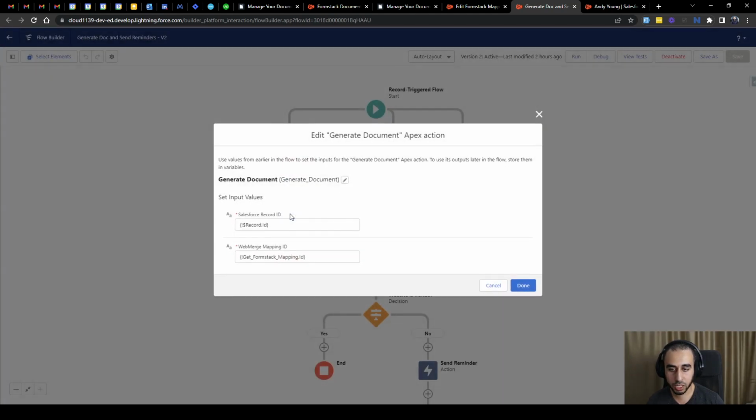Once we have the ID, we're going to put the ID of this mapping under here, Web Merge mapping ID. Web Merge is the same as Formstack. I don't remember exactly. It's either Formstack renamed it or they acquired Web Merge. I'm not sure. And then the second thing we need here is the Salesforce record ID, and that's the record